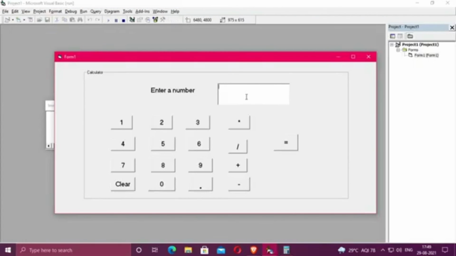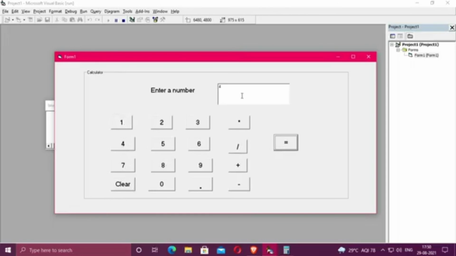So now we will run. Here we can see, if one number we will enter, I am selecting 8 times 8. The answer shows as 64. So it's the correct answer. Now like this we will give some other numbers, like 9.5 plus 5.2. If we give this, we will get the answer 14.7. So it is working in decimal also. If we click the clear button, all the values in the text box are cleared.